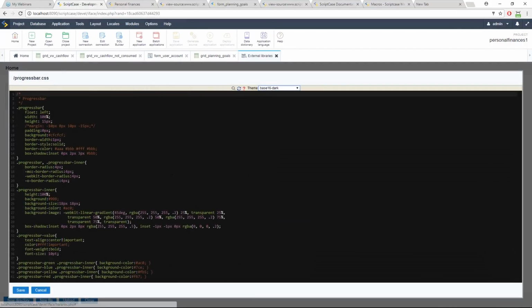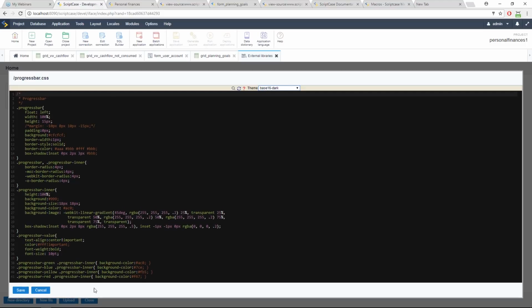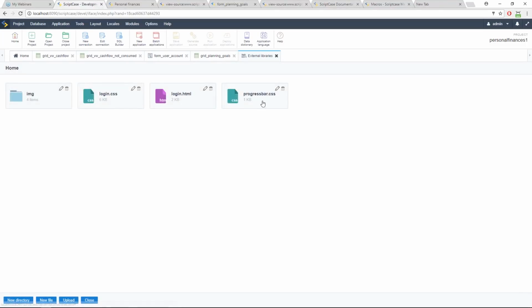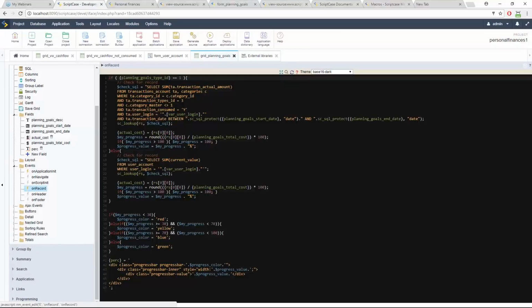progressbar.css. It could be a different progress bar layout. We are getting this one. You can also modify the CSS. So this is just for the progress bar style, and then this line here is just to call this CSS file, and then inside the on record event we are applying here the progress bar and doing all the